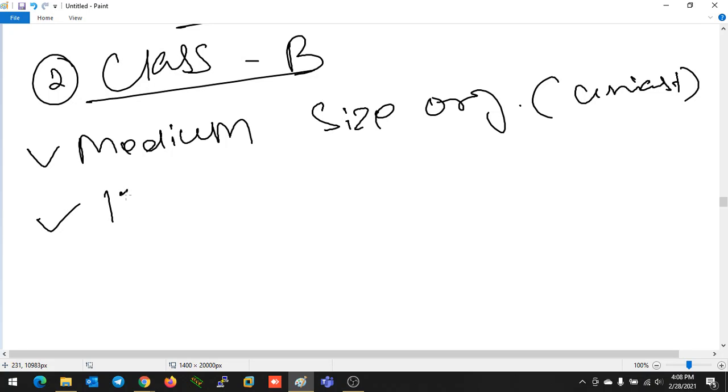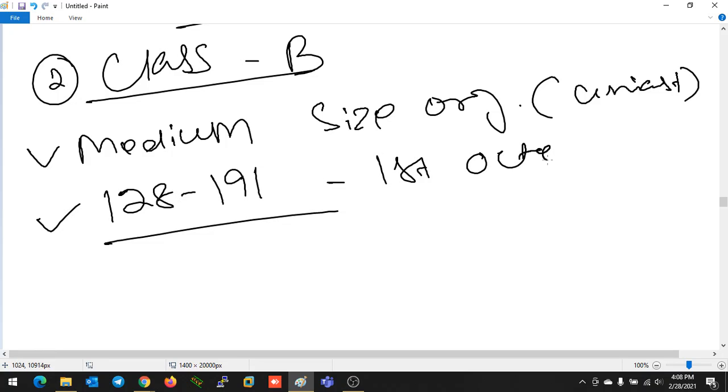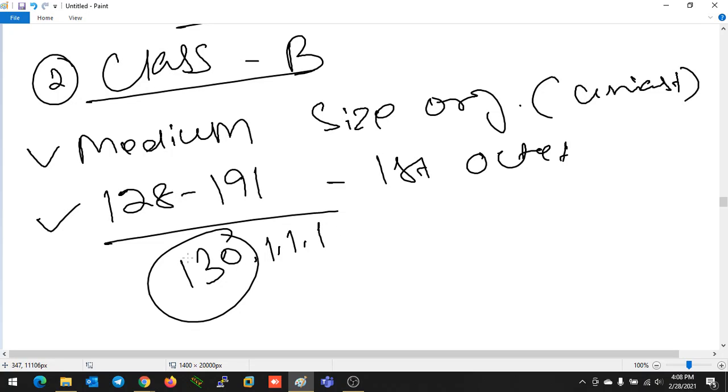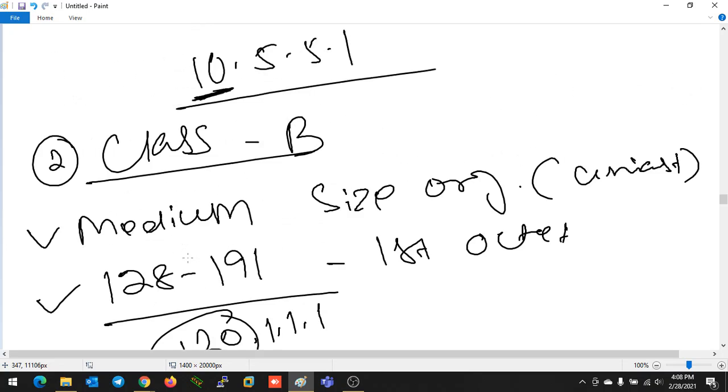If the first octet is from 128 to 191, then it will be a class B address. For example, 130.1.1.1. According to the first octet, if the value is from 128 to 191, you have to understand this is a class B IP address.